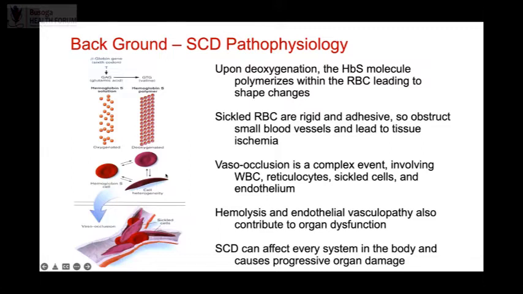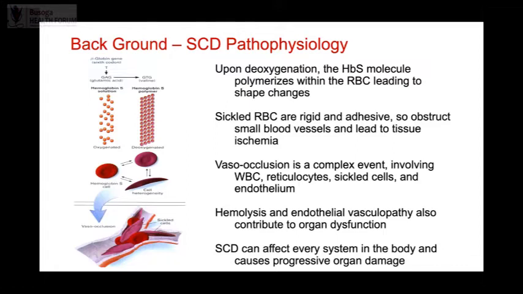This sickled red cell is rigid. It does not move very easily through the blood vessel, so it clogs the blood vessel and causes ischemia and pain. But it also adheres to the blood vessels and causes a lot of problems like endothelial damage. And the red cell also, because it's rigid, easily dies. So there's chronic hemolysis, which causes chronic anemia, as we shall see later, and vaso-occlusion, but also, through more complex mechanisms, works with white blood cells, reticulocytes, and platelets to cause vaso-obstruction and tissue damage.